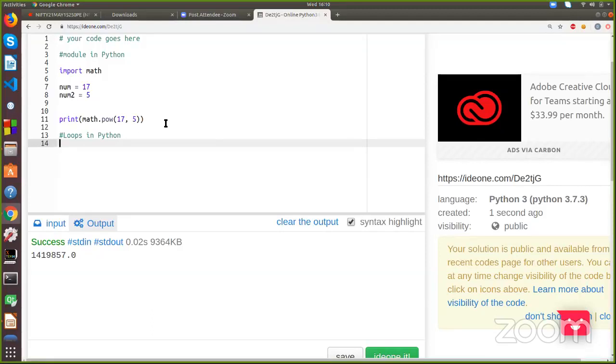Why do we use a loop in any language, not just in Python, in any language? Answer in the comments please. जिनको समझा था वो तो बता ही सकते हैं. Why do we use a loop in Python? Just in simple language.